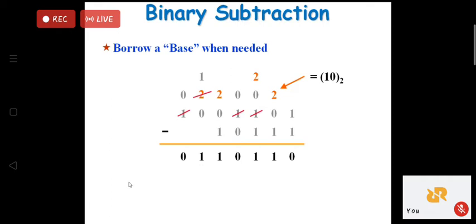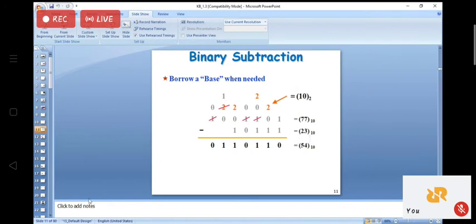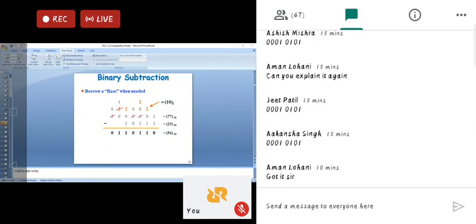So I hope that you people are with the pen and paper, pen and the notebook, and you are also solving along with me. Just tell me in the chat box whether the subtraction we have found is correct or not. Just write it down in the chat box, and then we will stop.